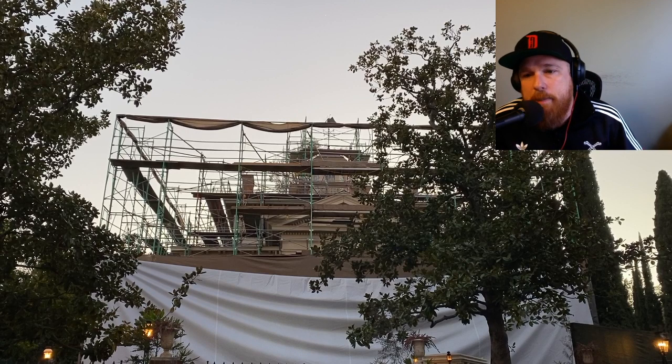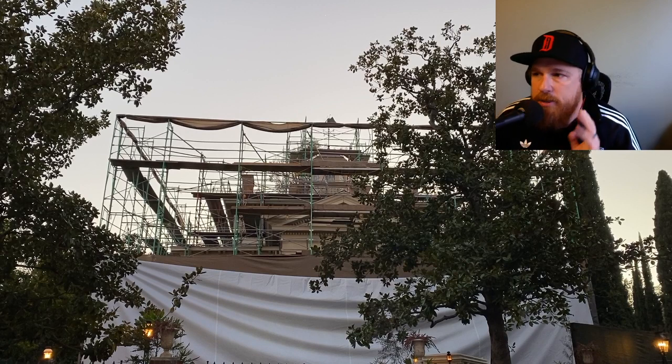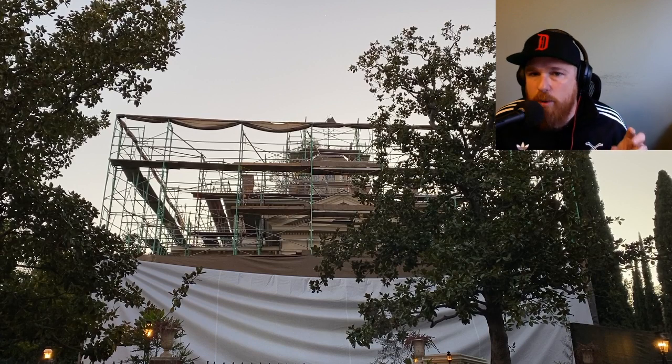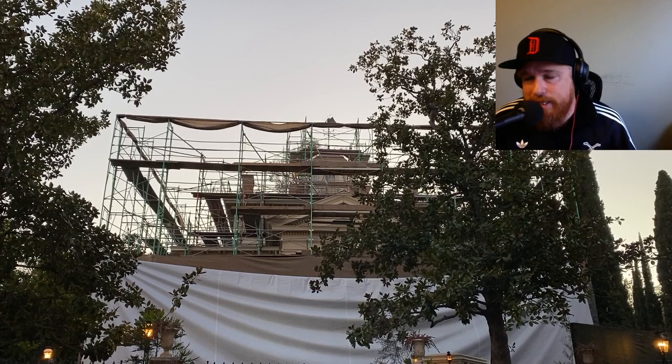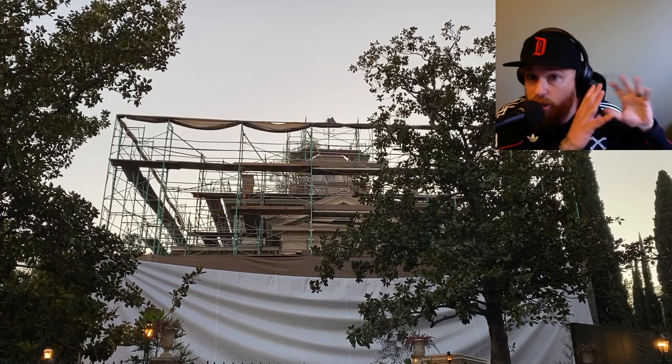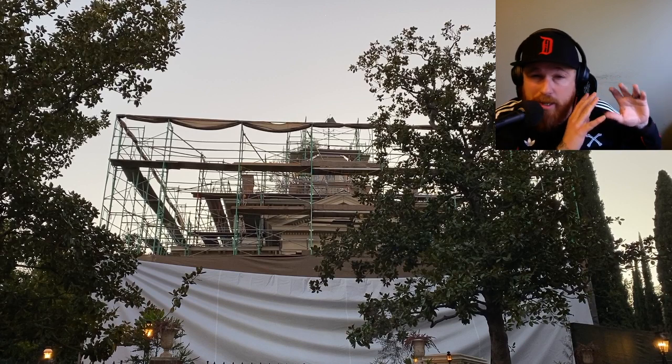John says, I think that they could pepper digital screens in, but he's afraid that making an effect super HD will make the non-digital effects look kind of crappy in comparison. It's right. It would have to be balanced. And so when I was thinking of digital boards in the attraction, where could it fit in? The two things that made sense to me was that opening wall that's now black, so anything you put in there would feel plus. Maybe some stuff as you're going in when they're giving you the instructions, like seeing the trees outside of the house, or, you know what I mean? Like, just sort of